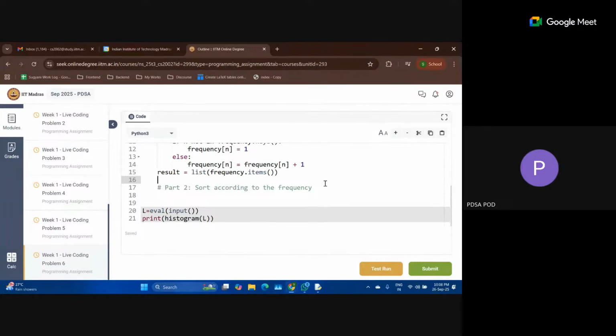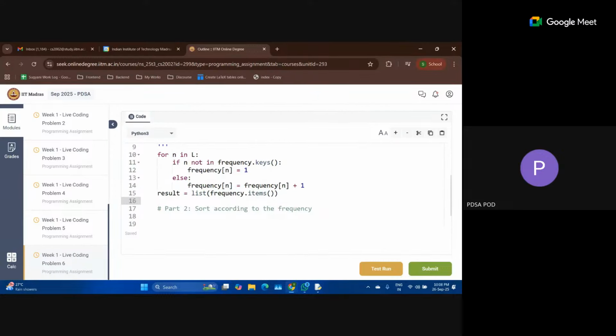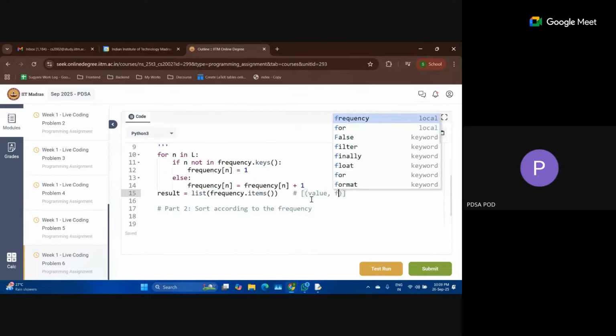So my result list is, frequency dot items will give us a list of these elements. So what this will return is a list of tuples or list of lists. Basically, the first element will be the value, the second element will be the frequency or the count.